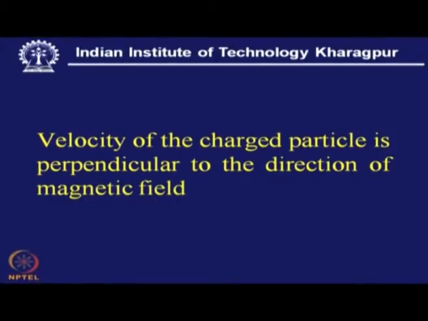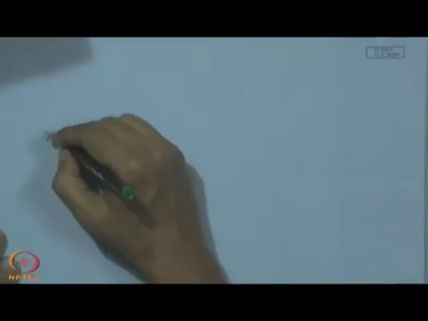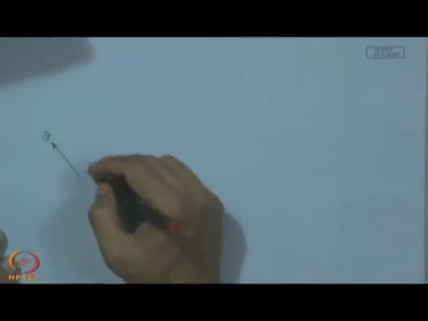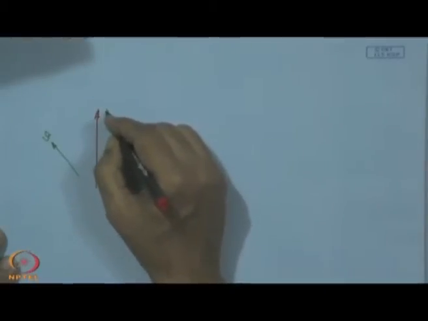In one, the velocity of the charged particle is exactly perpendicular to the direction of the magnetic field. For example, this is one charged particle having this velocity v, and at the same time we have one magnetic field, denoted by this symbol B, and if these are at right angle,